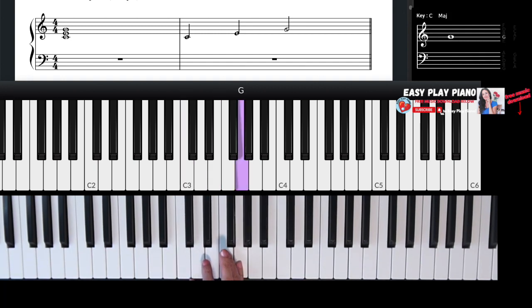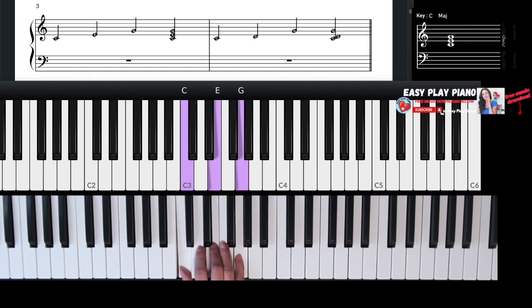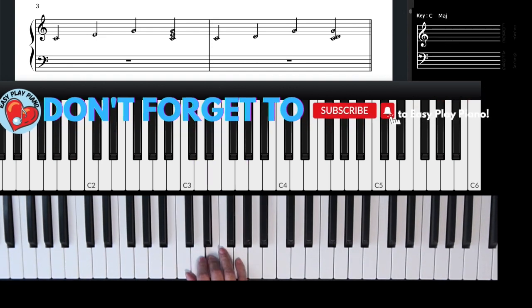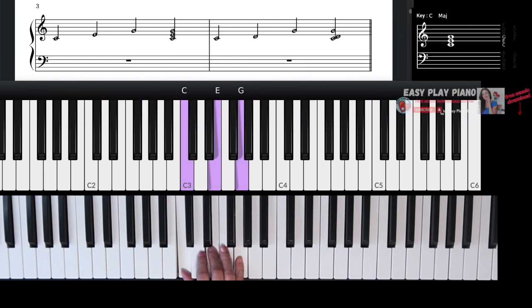Because from here, this is going to be our base from which we're going to start and build and layer in our improvisation. So here we have our chord. We're going to play it broken up. So C, E, and G, and then play the blocked chord again. And before you move on to the next variation of this chord, remember the notes we're starting from are C,